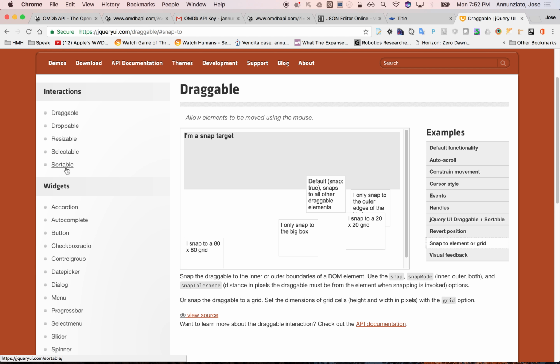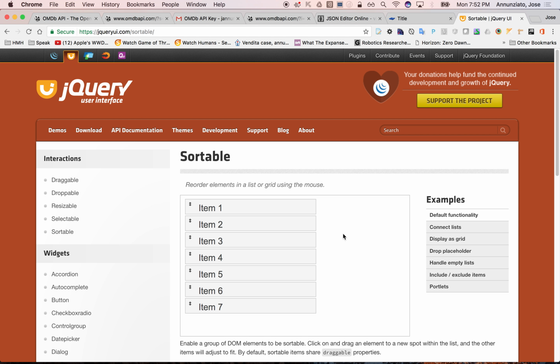The one we're going to be using for this assignment is the sortable, which allows you to grab any item that is a collection of items. An item that contains a whole bunch of similar items can be sorted, right? So you can grab, and as you move them inside of others, they make room to reposition it wherever you want it. Okay,